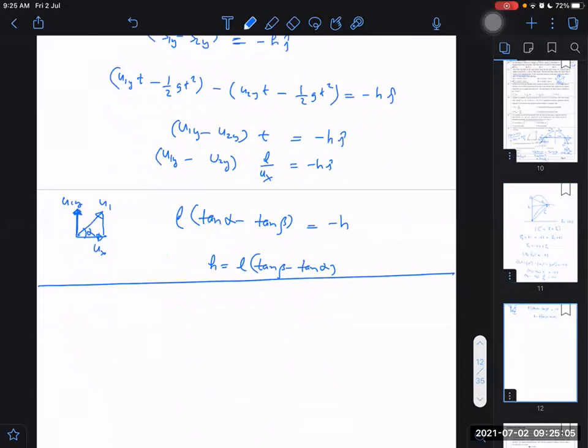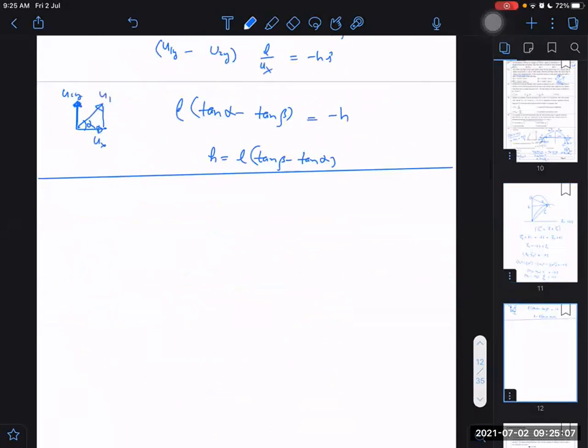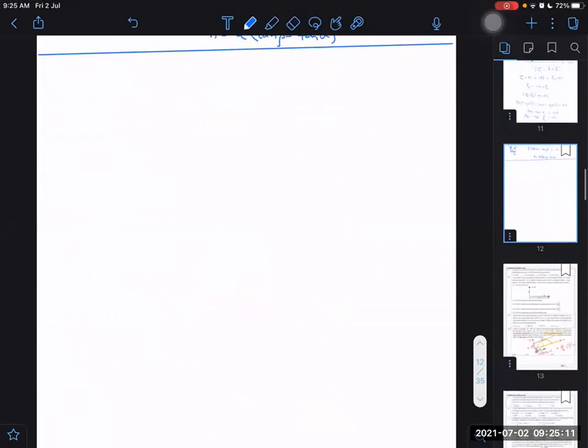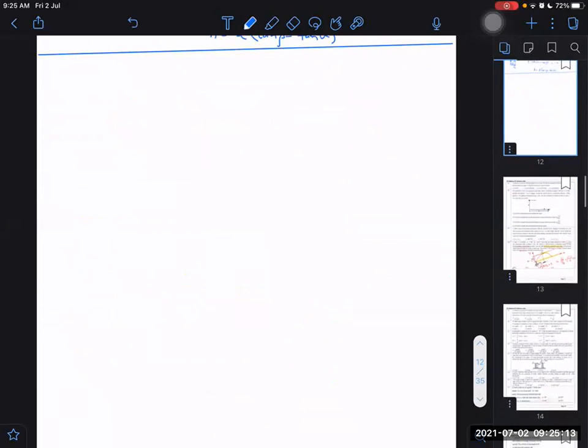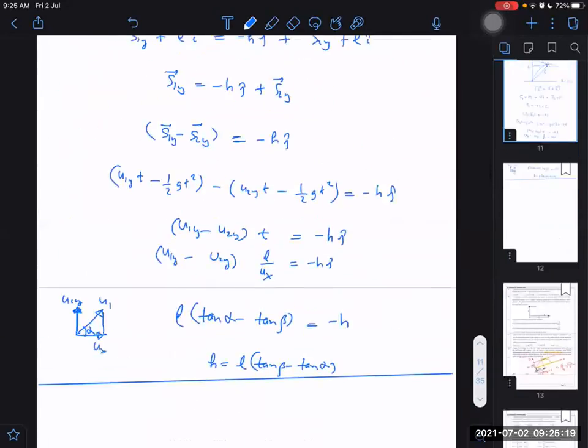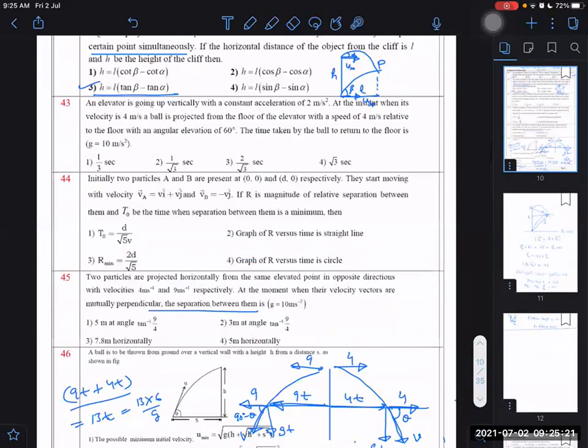Because the question can be done without relative motion, it is likely to be asked. You cannot keep claiming, sir, that you will do it only by relative motion. Which question? Which after that? This one. No, not 47. I think there were some questions before also. 43, 44, 45. Let us see these.